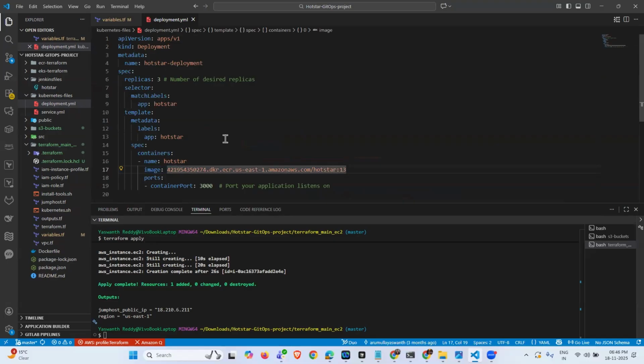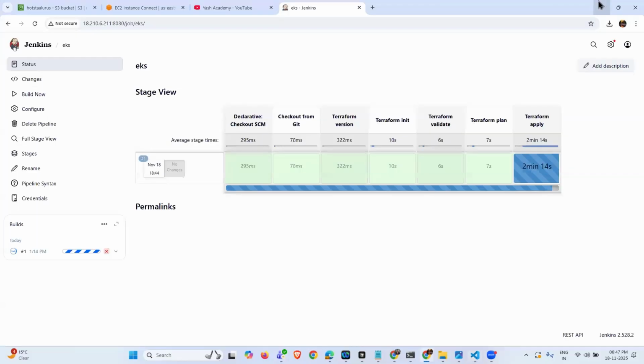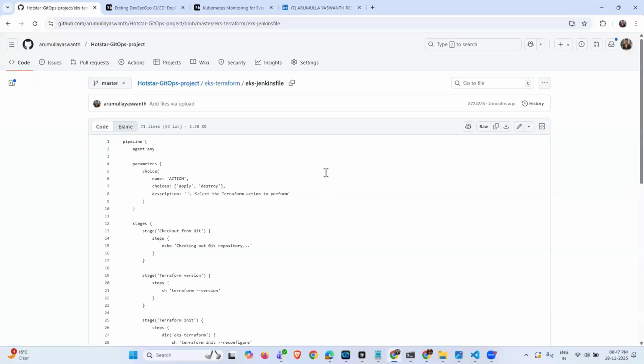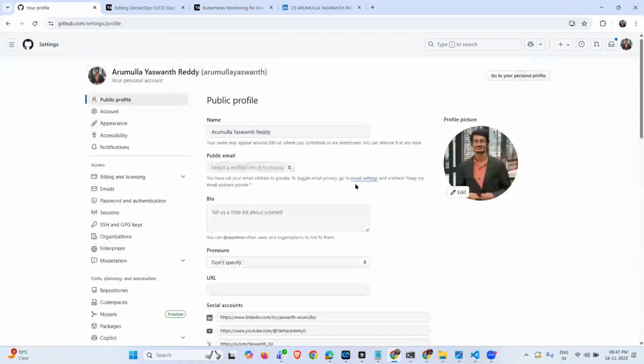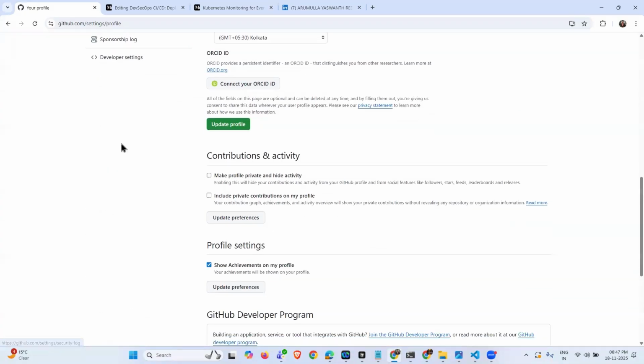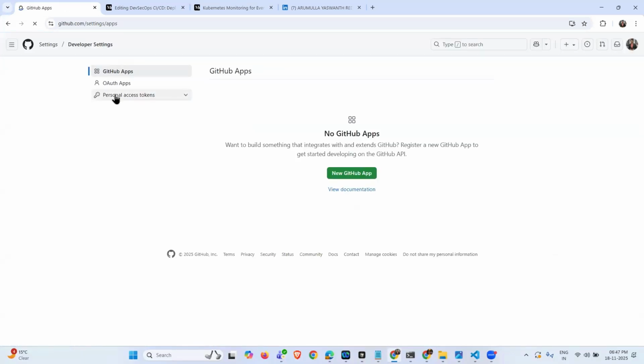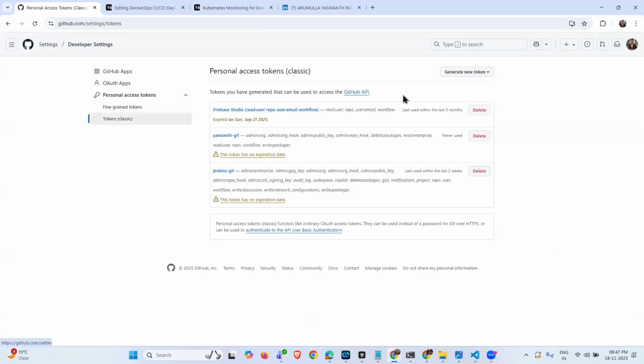If you want it to update automatically, you have to give one thing: a GitHub token. That's why you have to go to GitHub, go to settings, here developer settings, here personal access tokens, Tokens (classic). Here, generate a new token